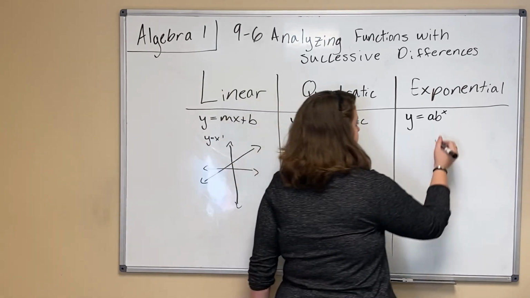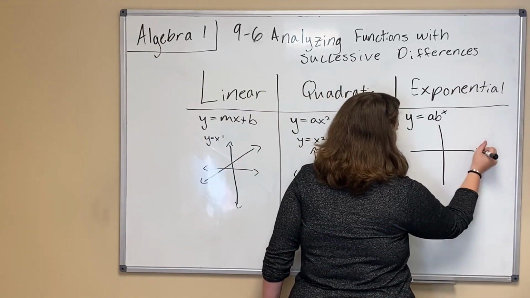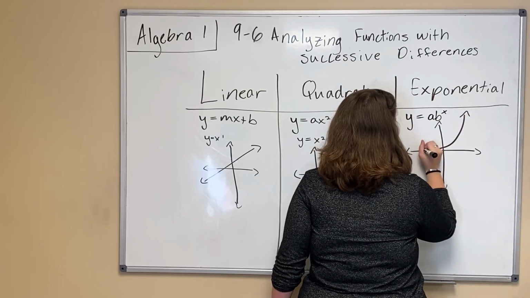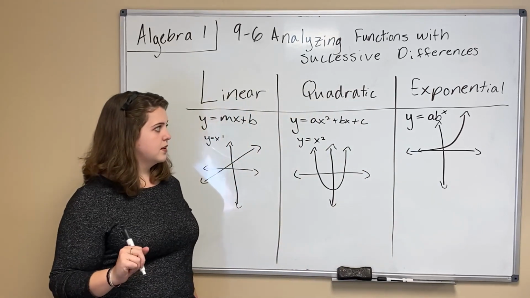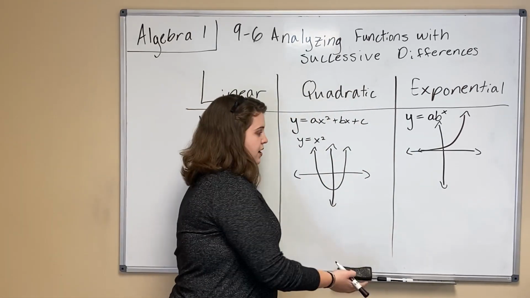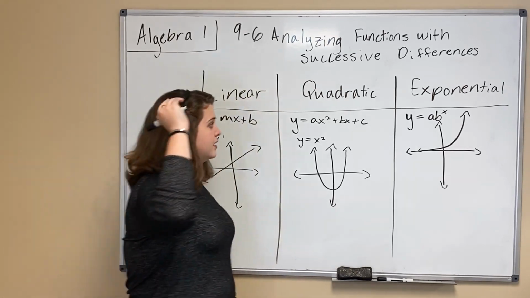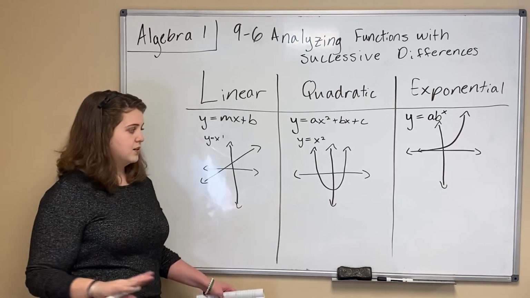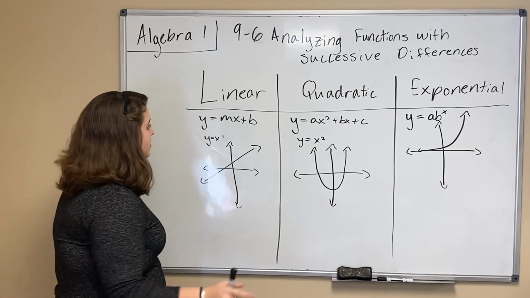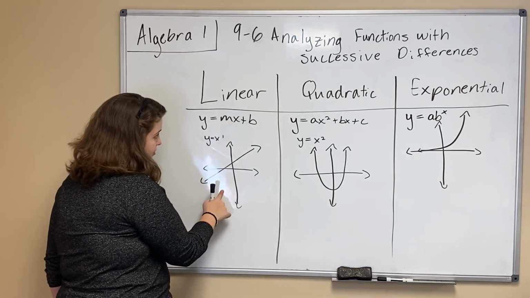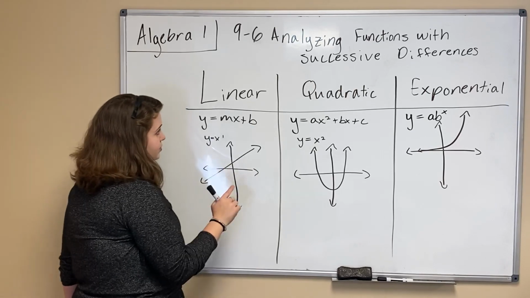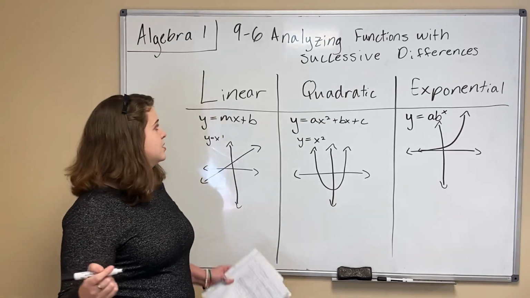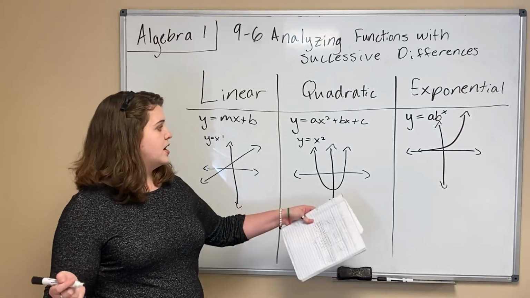With an exponential function, it's always going to be an exponential curve. If you see a graph plotting an exponential curve, you should automatically think in your head, this is an exponential function. So by looking at its equation or by looking at its graph, you should be able to know whether it was linear, quadratic, or exponential. There's one more test that we can use to decide whether or not something is linear, quadratic, or exponential,